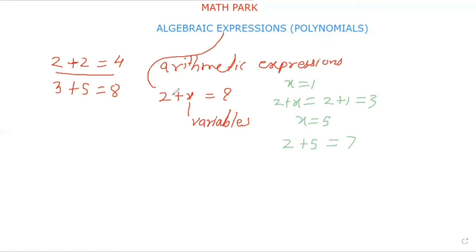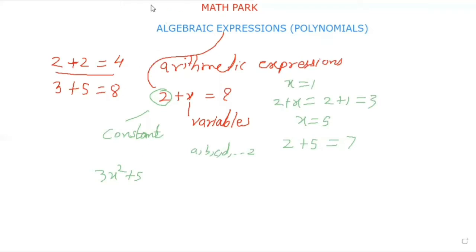Okay, so these are called variables. Now here 2 is called a constant. Why? Because the value of 2 is not going to change at all. It is going to remain the same. But all of these alphabets, which we can take as A, B, C, D, all of these up to Z, these are called variables because their values keep on changing. Got it, children? Okay. Now 2 plus x, or suppose 3x square plus 5, these are all called algebraic expressions.